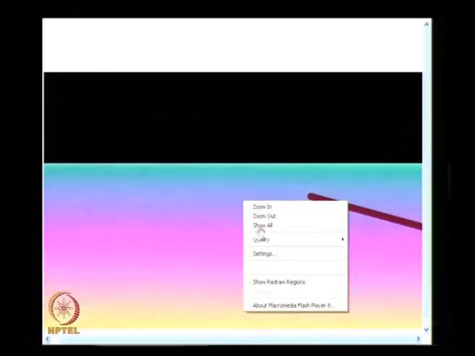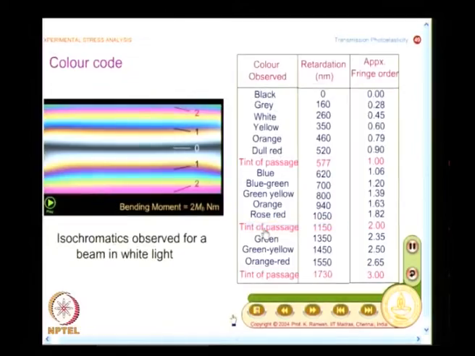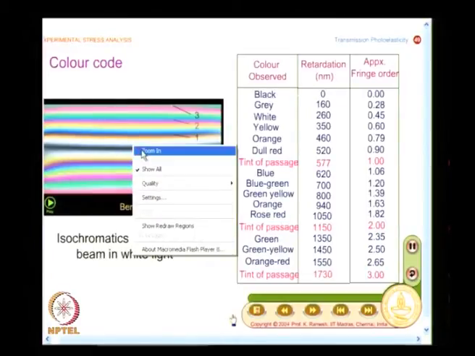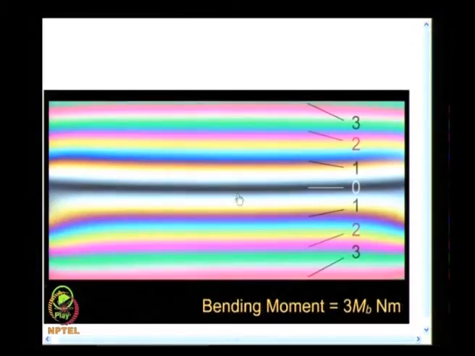I will also show this very closely. So, you see the tint of passage is different. We will look at up to 3 fringe orders, what happens. I will magnify this further and this is how you find. So, it is easy to distinguish fringe order 1 and fringe order 2. This is 0th fringe order, this is fringe order 1 and this is fringe order 2.